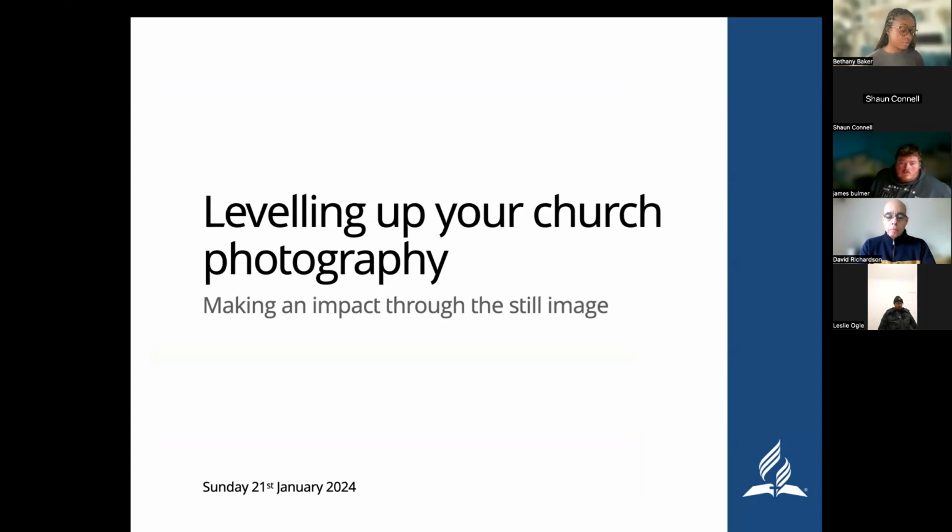But, okay, so leveling up your church photography. I will start by saying, I'm not going to assume that we all are photographers here. But I'm hoping that we all kind of know the basics, because I'm not going to go too much into the basics of how to use a camera and the type of settings that you should be using. I will touch on it briefly, but this is basically for people who have an idea of taking good pictures and knowing what makes a good picture and how you can just elevate that for your own church's platforms,